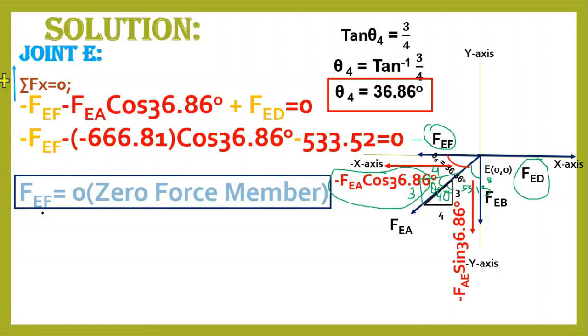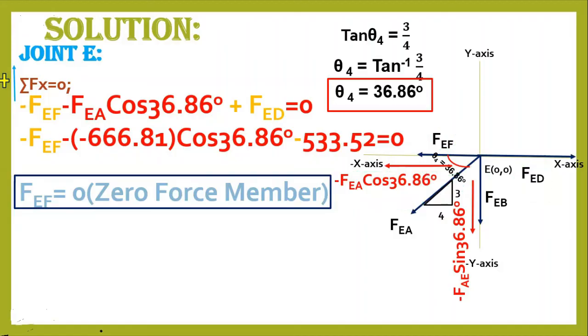Whenever, for example, if you are solving the truss from joint A, you will get all the values the same. If you are going to solve the values from joint C, you will get all the values the same, from any side whatever you want to select. So all the member forces, whatever you are getting from anywhere, you will get from the other side also the same. So keep it in mind. Hopefully you will understand how you can calculate the member forces here.